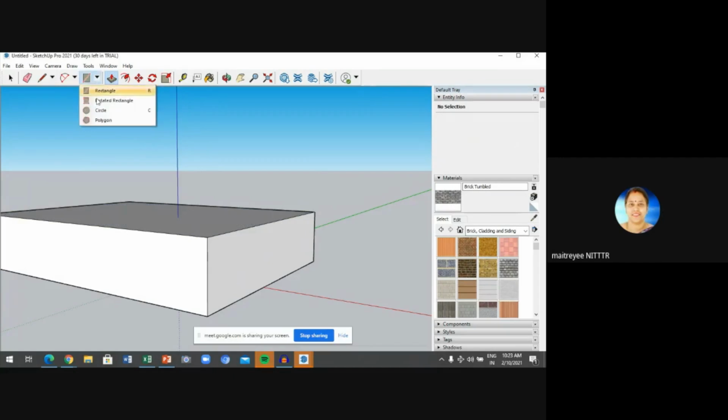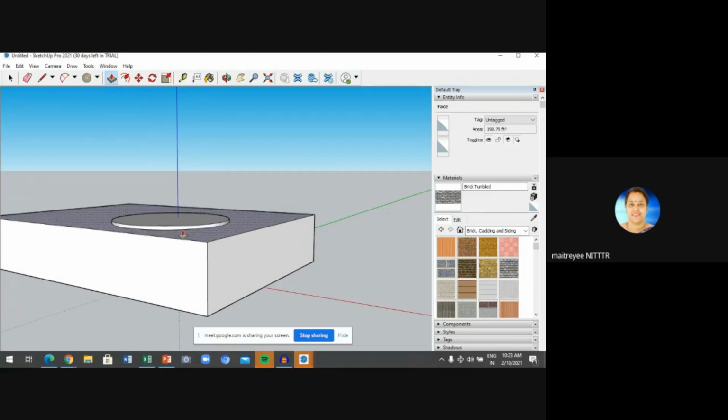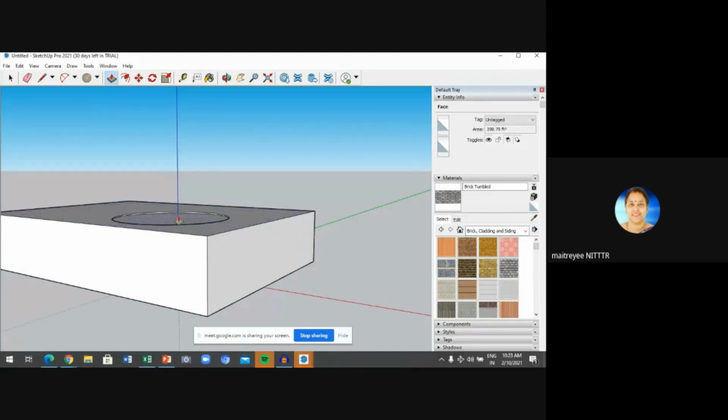So I will just draw a circle. For example, I am drawing this circle, right? Afterwards, I will again give the thickness, but I will give it in the downward direction. I will just click on it and drag it downward so that you will see it is a hole.